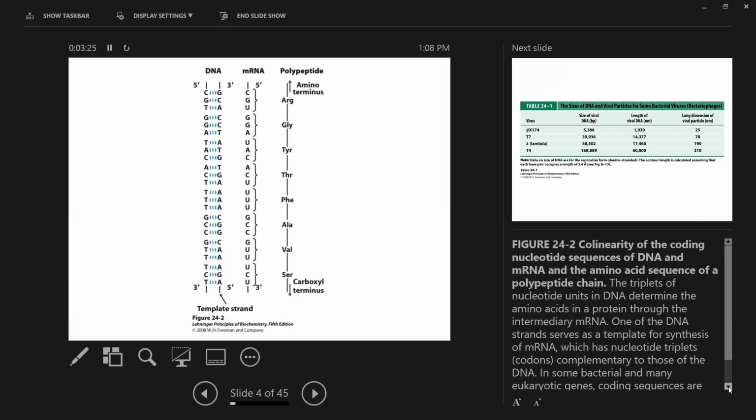Well, yeah, because your translation is coupled in prokaryotes. While you're transcribing the DNA, the RNA tails out and ribosomes jump on it and start translating it. So you literally go from DNA to RNA to protein, just like that. Okay. Yeah, I guess I never knew that it could be happening at the same time. In prokaryotes, it can, because you don't have a nuclear membrane preventing that from happening.